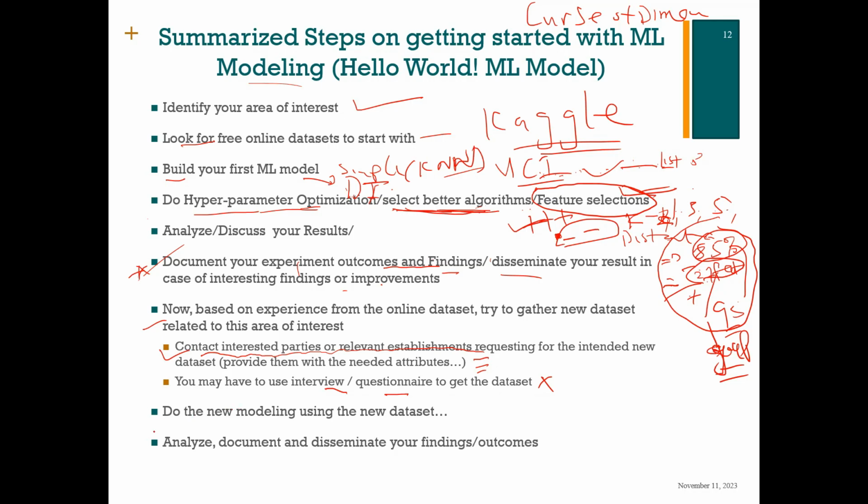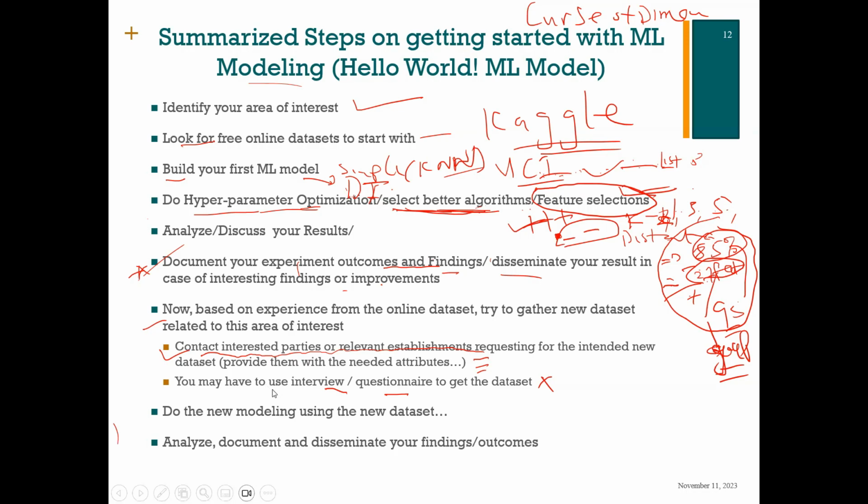That data set could be gotten from relevant establishment, but don't restrict yourself to that. In the past, people used to always run after these establishments. At the end of the day, they might not get the data set. So why not also, while you are doing that, try to think out of the box, create a very small interview or questionnaire, and then try to get answers to it related to that area that you are modeling, if it is applicable. We know some areas might not be applicable to such an idea.